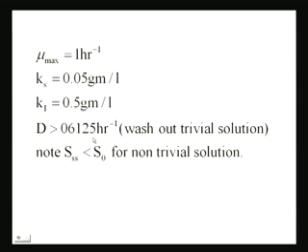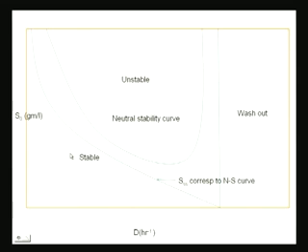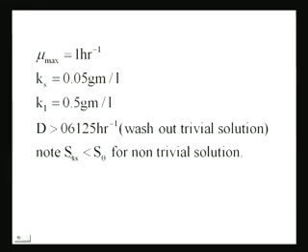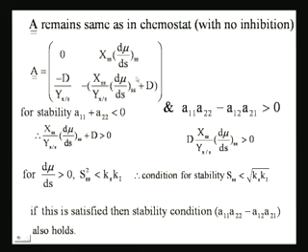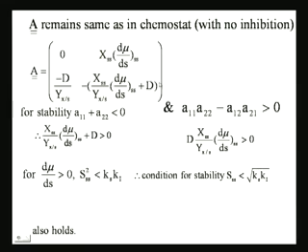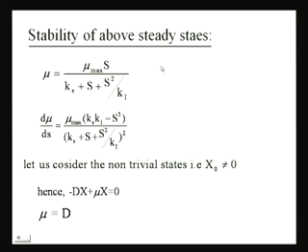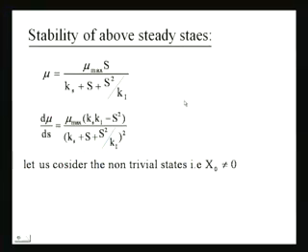So D is less than mu max, that is ensured, number one, and number two, they are of the same order and they follow the stability criteria. Okay. So that in a way concludes our discussion on stability of these states. Now, maybe some assignments you might want to do on your own is that these stability criteria that I show over here